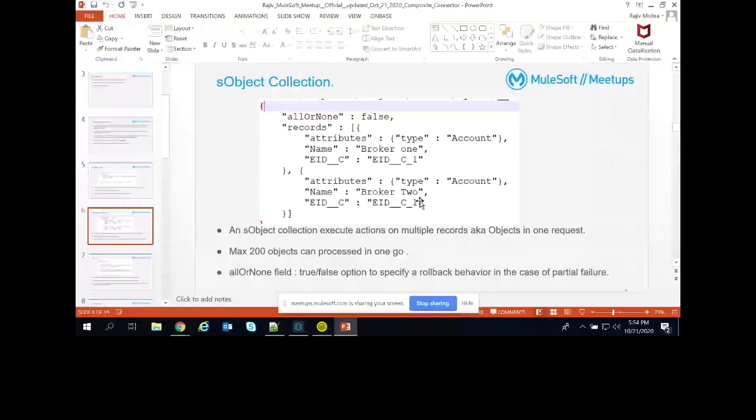If the allOrNone checkbox is true, then the whole transaction will roll back. If it is false, then only the transactions that failed will show the failure response from Salesforce. So that is for the sObject Collection.